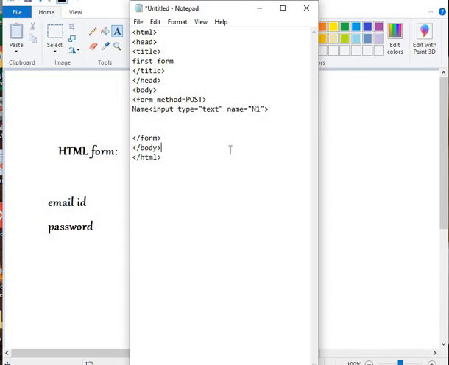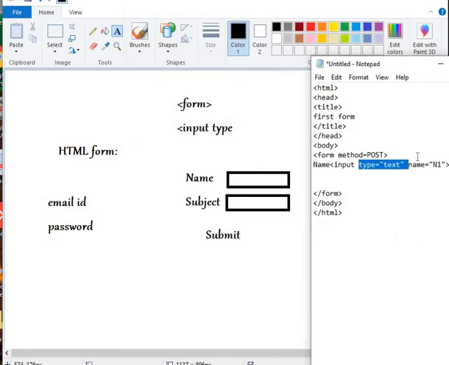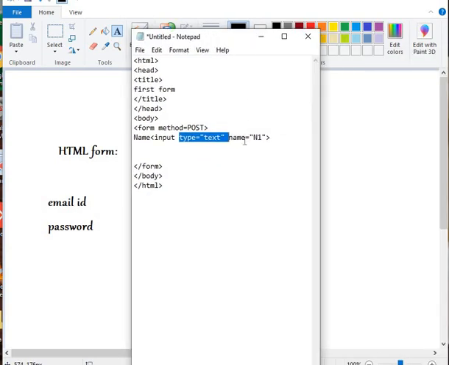So if you want to refer to the text being submitted in this box, you can use name and 1. In this case we can also avoid writing it.